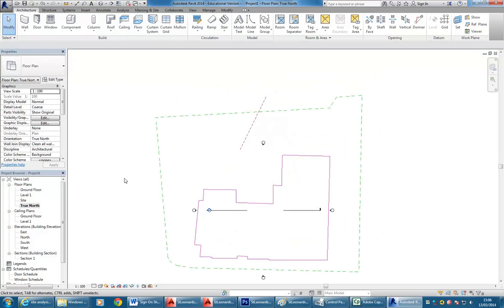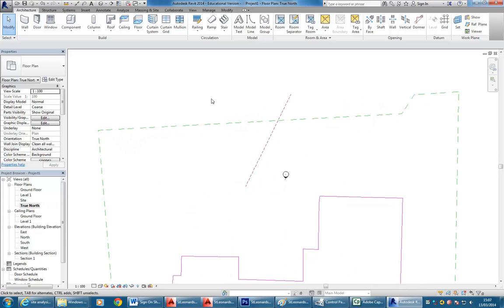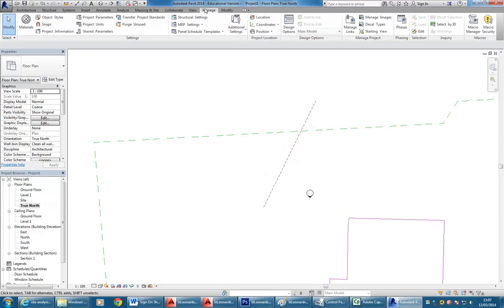Okay, and so if it wasn't clear to you last week why we were rotating the whole thing, we had true north set the right way when it was first imported. Then we rotated it, and then had to put true north back to what it needed to be. And hopefully, when you see that process and think about the steps, it's going to be a bit clearer now. So again, if I go to Manage, and then under Position, Rotate True North,